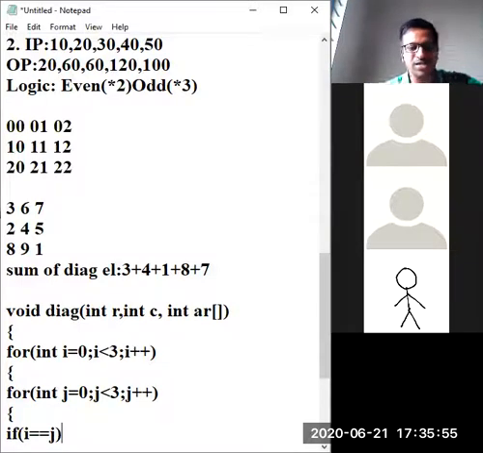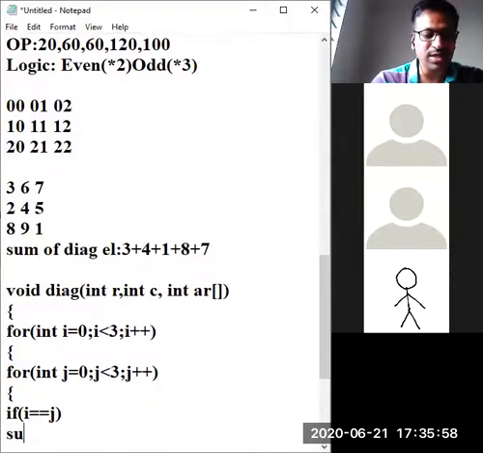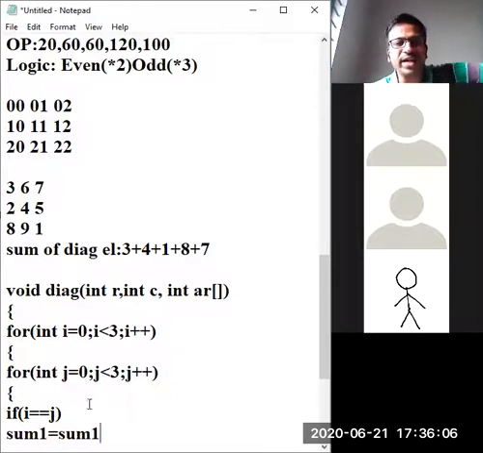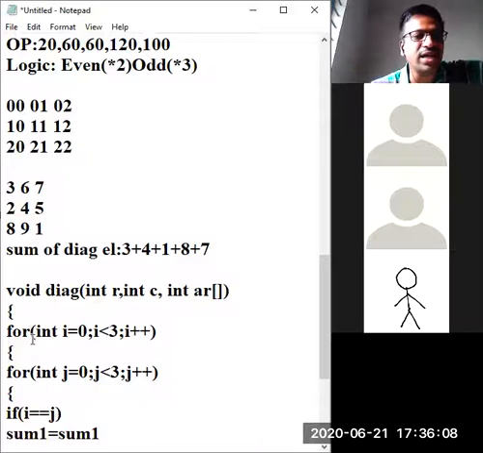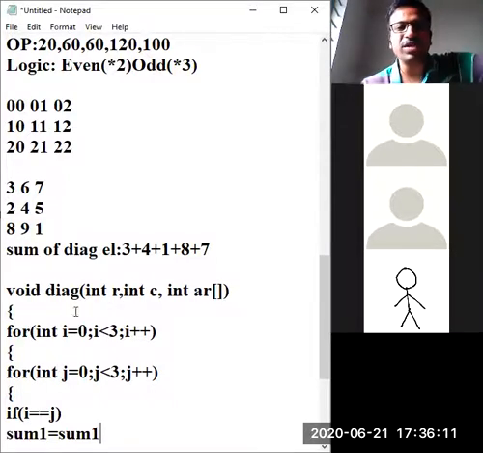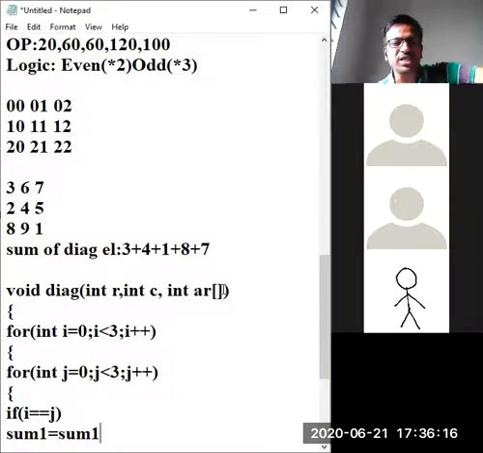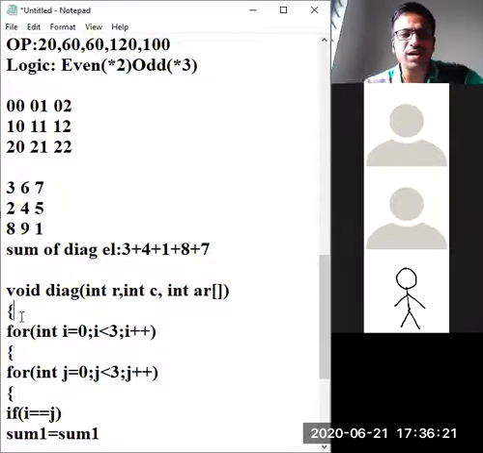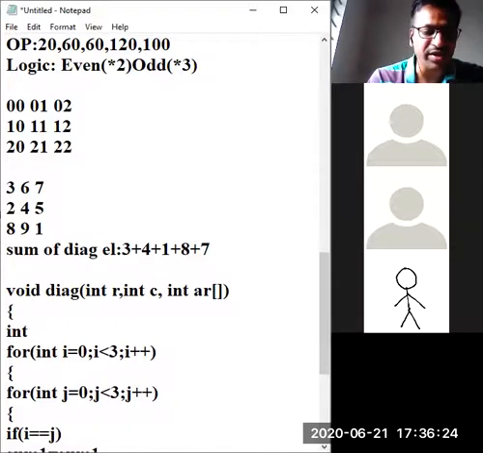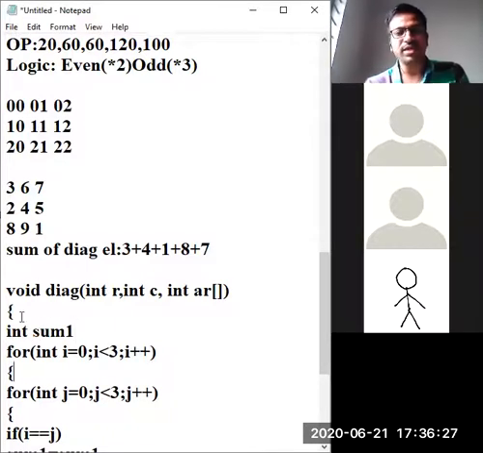So how to add them, sir? See, sum is equal to sum plus. Sir, int sum? Yeah, int sum I will take earlier. If it is not a parameterized one, obviously I have to take it. Otherwise, I will take it earlier here in the part of the application itself. This is parameterized now, so I will take it here. Yes, done. Sorry, semicolon. Yeah, this is not Python. Daily I am teaching Python and I am forgetting semicolons.